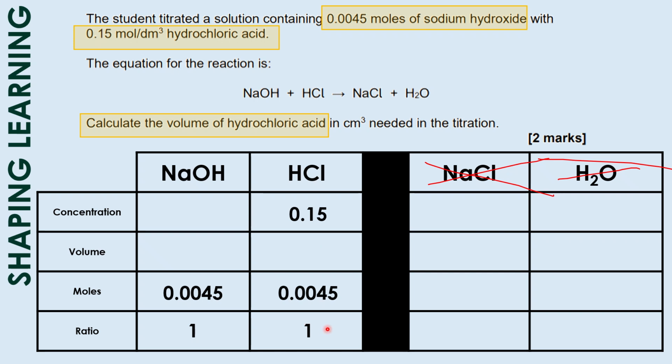So in terms of my next step, I'm trying to work out the volume of hydrochloric acid. What I'll do to work that out is use the triangle that has concentration and volume in. Moles equals concentration times volume, so my volume is going to be my moles divided by my concentration. So 0.0045 divided by 0.15, and that gives me 0.03 decimetres cubed. Now, if we go back to the question, it actually wanted it in centimetres cubed. So to convert decimetres cubed into centimetres cubed, I need to